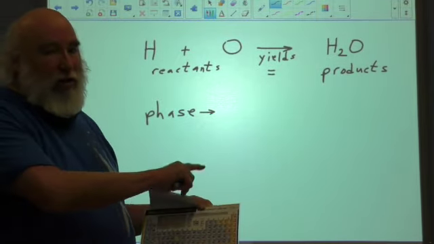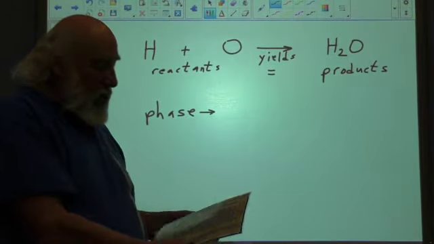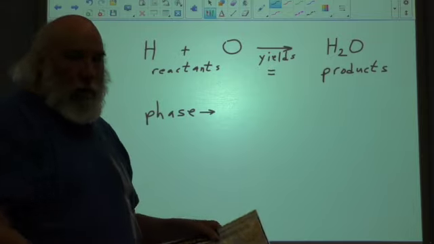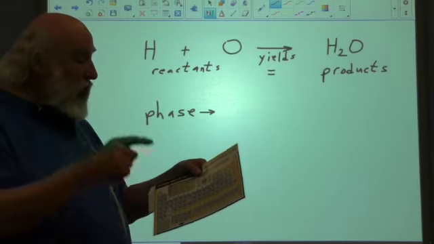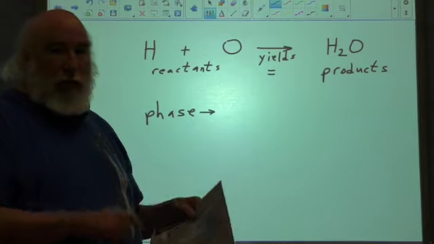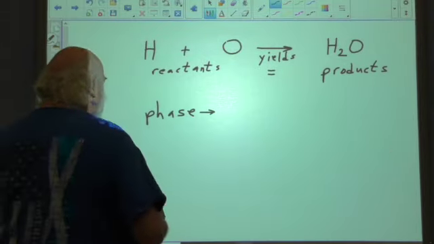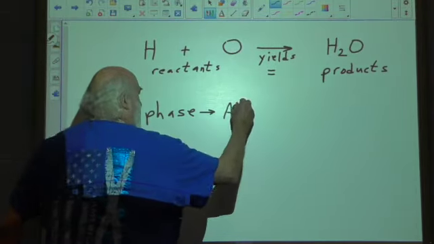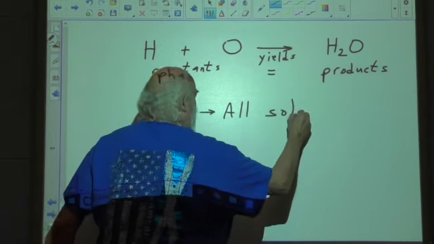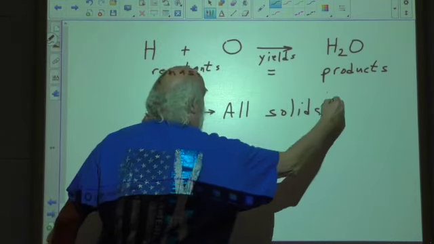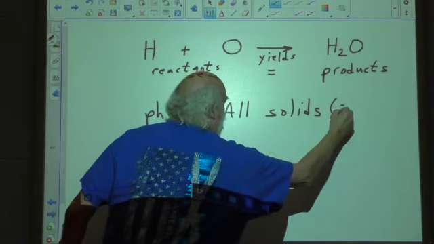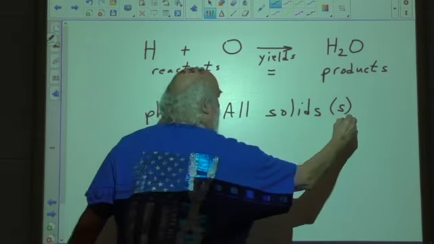They lie on the right-hand side of that staircase. But everything over here are all metals, but they're in solid form, with the exception, of course, of mercury. So, we'll put all solids, and when we say solids, we represent that up there with an S in parentheses,